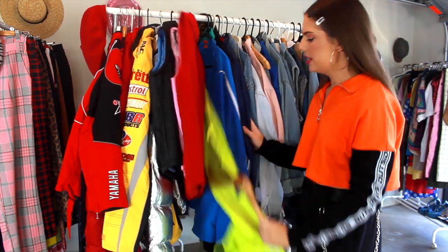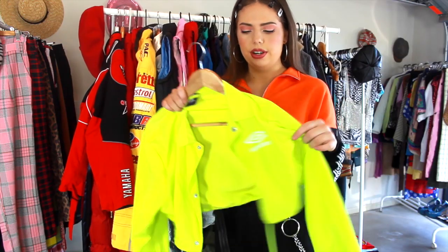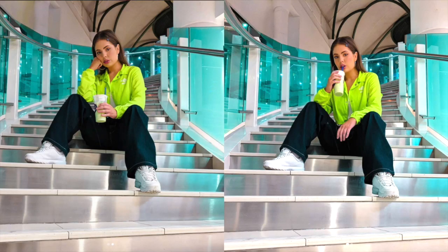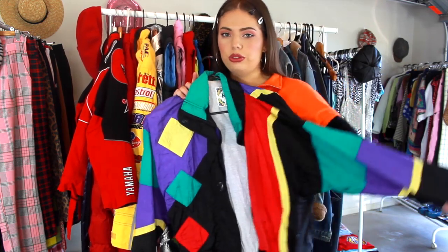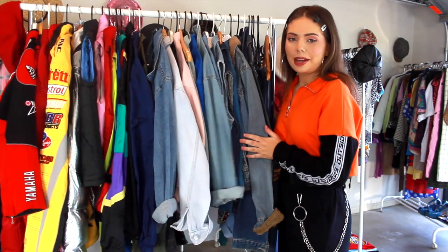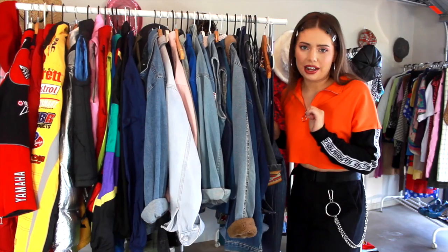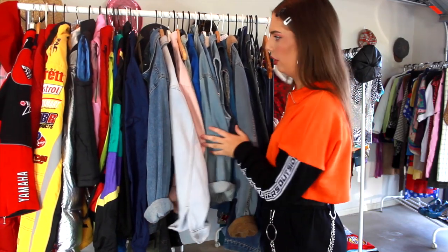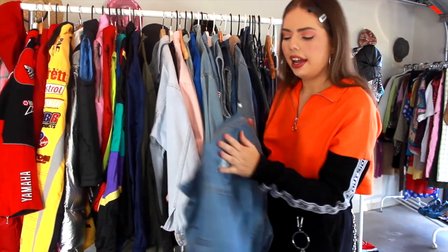This is a recent purchase that I have been wearing a ton. You guys would have seen it already over on Instagram, and it is this fluoro Umbro one, which I picked up from Factory. You can also find some really cool vintage windbreakers as well. Then on the end here we have an absolute denim explosion. Nobody needs this many denim jackets in their life. I have a serious problem, but some of my favorites would have to be this one here